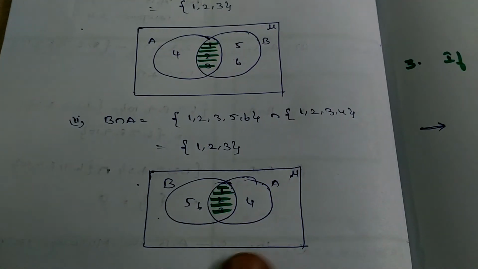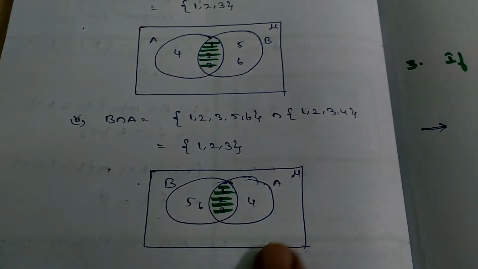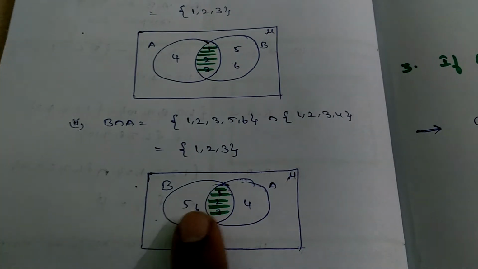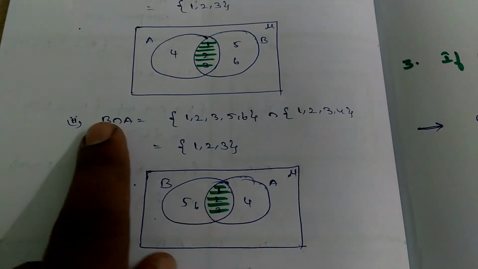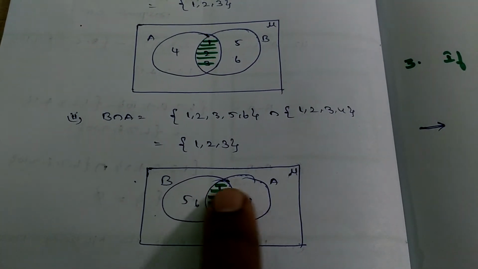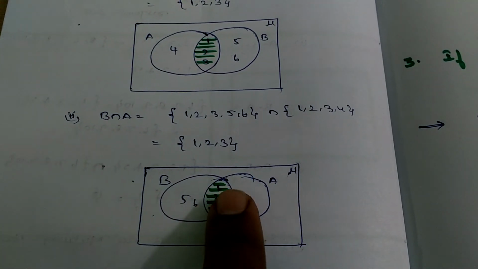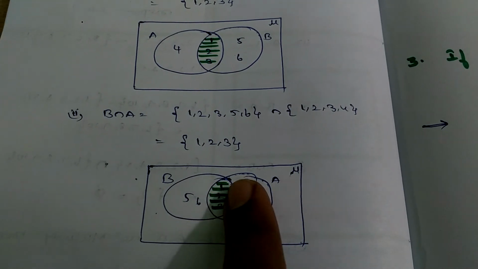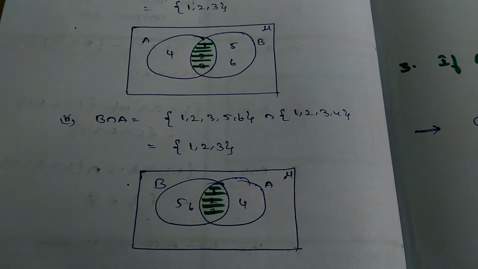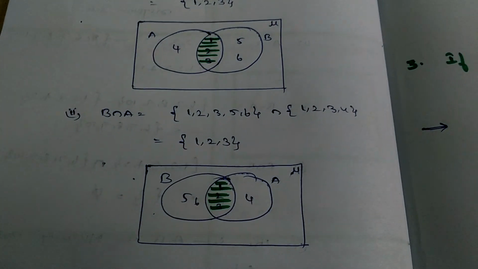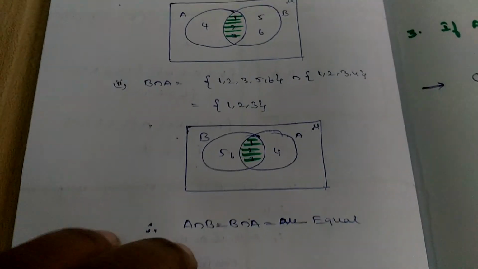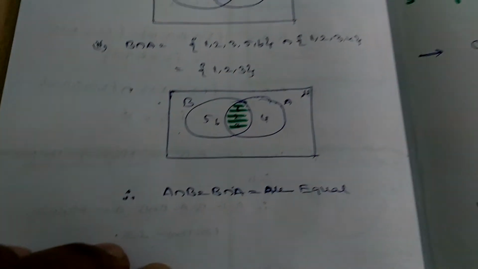According to a Venn diagram, draw a rectangle that indicates the universal set. Mu is the symbol for the universal set. Take two circles because we have taken two sets A and B. What are the repeated terms here? 1 2 3. So mention 1 2 3 in the middle region, the shaded region. The remaining B part and A part are not compulsory because they are asking to find only the intersection part. So from A intersection B and B intersection A, what did you observe?